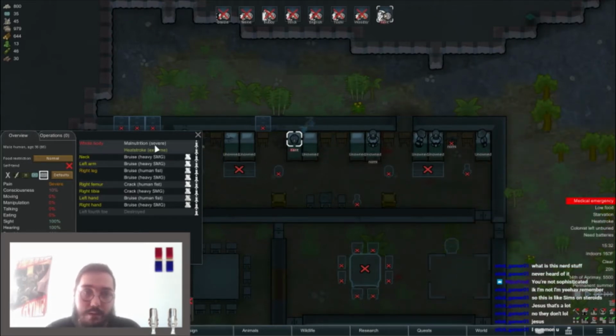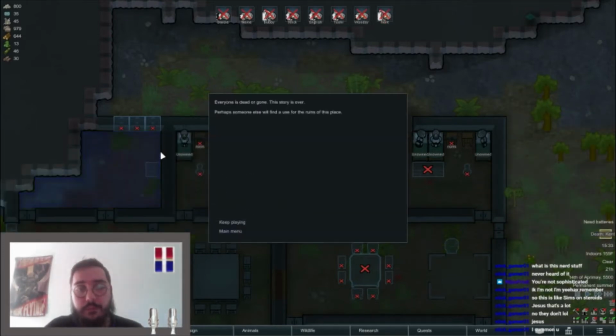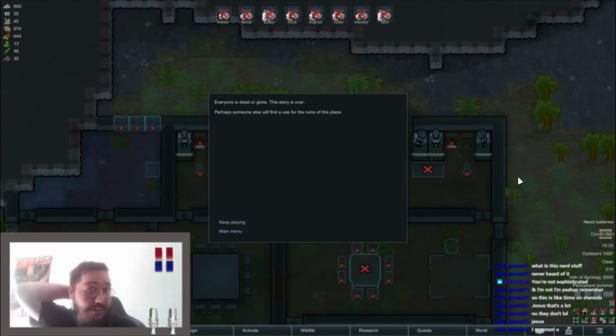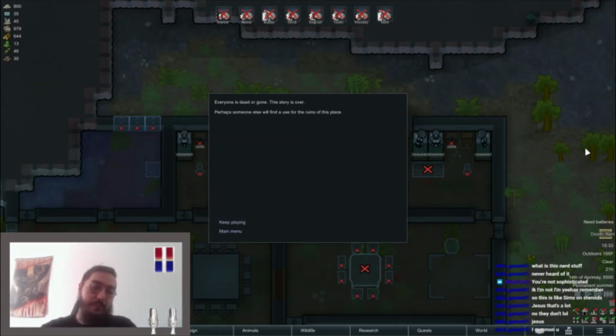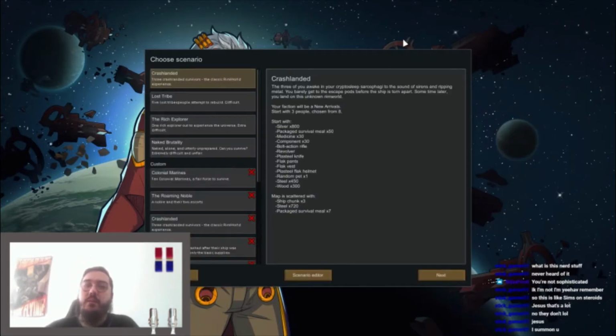The raid's useless. He's going to die in like a second. Cool. So, that happens a lot in RimWorld. Unfortunately, everyone's dead. It happens, you know. Maybe we're gonna make a new colony, and we are going to,